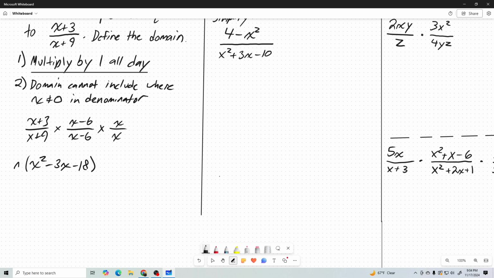That's our last number here, because we're just multiplying across. So we did these two first, and now we have this one last. Now we multiply that by x, and we get x cubed minus 3x squared minus 18x